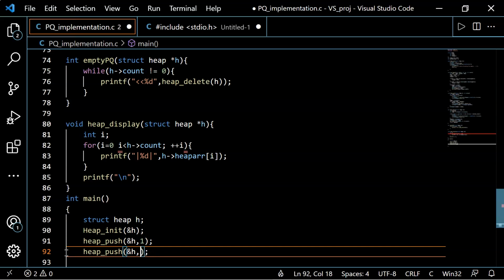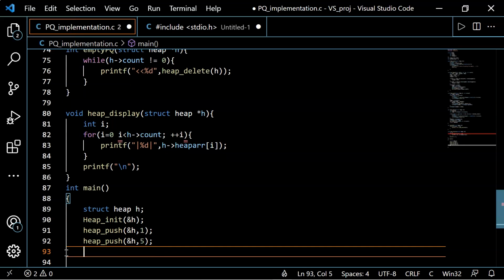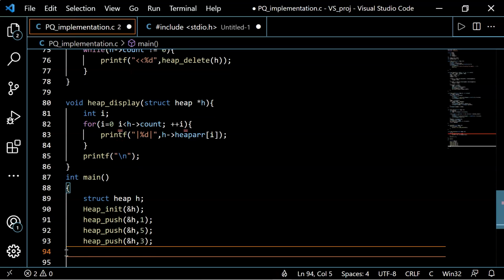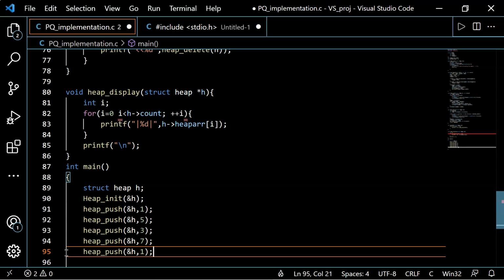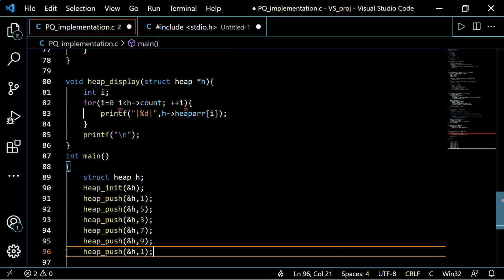Now we'll insert 5 here. Next, paste, and we'll pass 3. Next, we'll insert element 7. Next, we'll insert element 9, and after this we'll insert element 8.